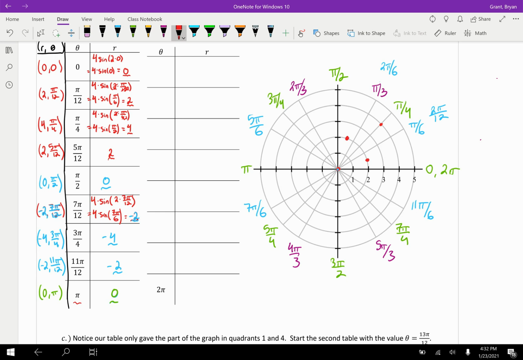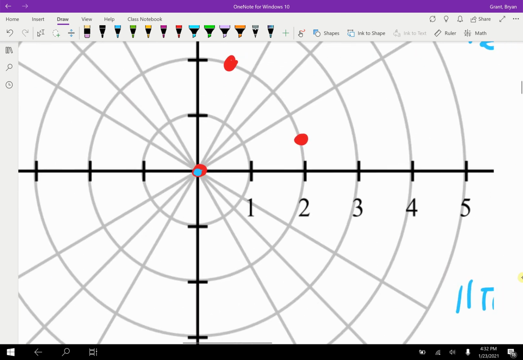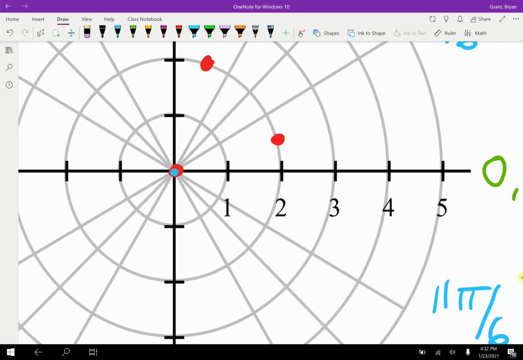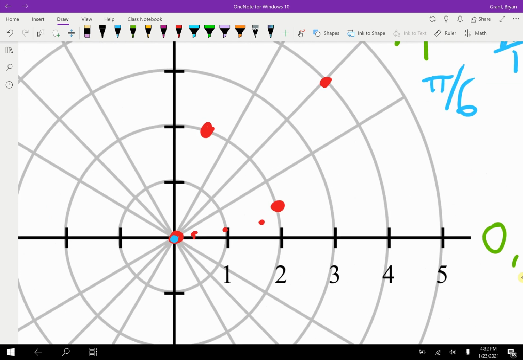So do we just have 4 disconnected points? Of course not. I only picked 4 or 5 rotations of theta here. There's an infinite number that are happening. And so if this is 0 and this is pi over 12, think about things before pi over 12, like pi over 13, pi over 14, pi over 100, right? So what ends up happening is we draw a radius out, so if this is my rotation right here, there's all this space before. And so if I only rotate a little bit, then we're going to be out just a bit here, and then it's going to be here, and then it gets really close to this guy, and then, well, why don't we just connect all those points, because we hopefully know at this point it's going to curl a bit,